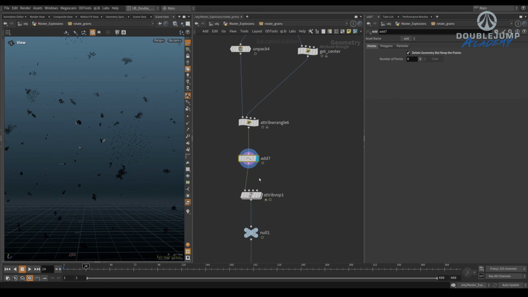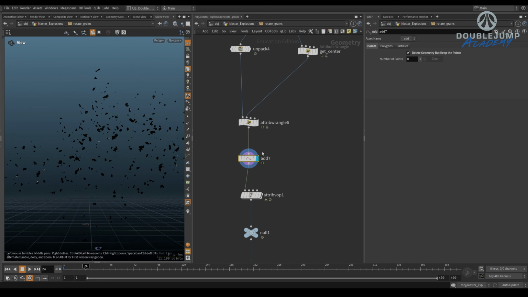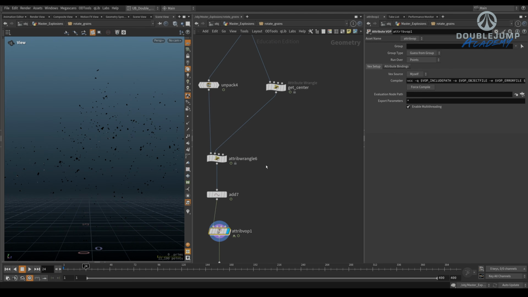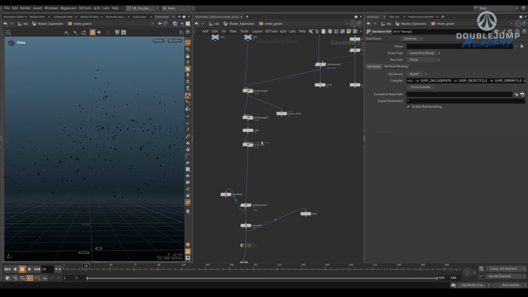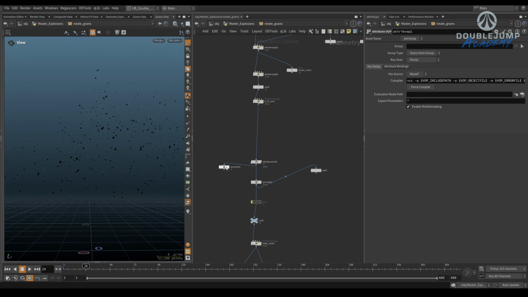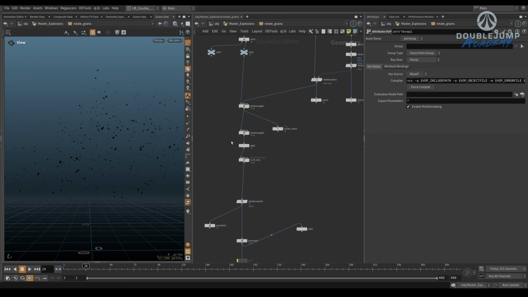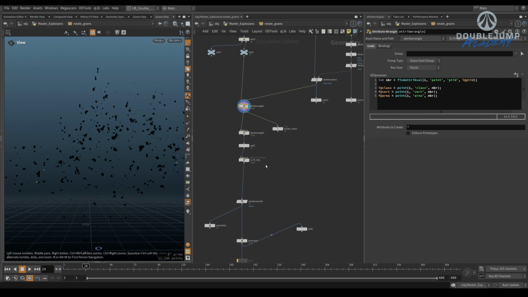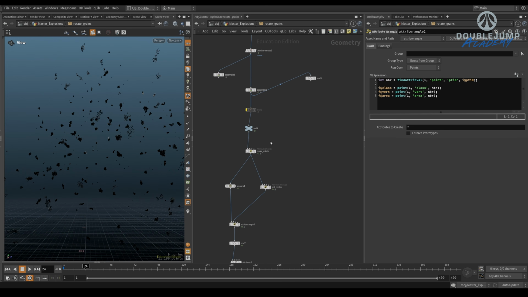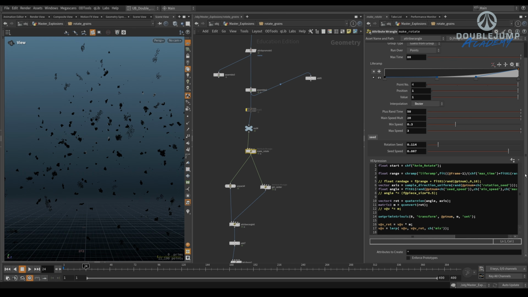So we copy here and then we add to remove those primitives. If you remember from before, when we were doing this rotate, we had to do this in order to use the prim intrinsics, right? So all of this,